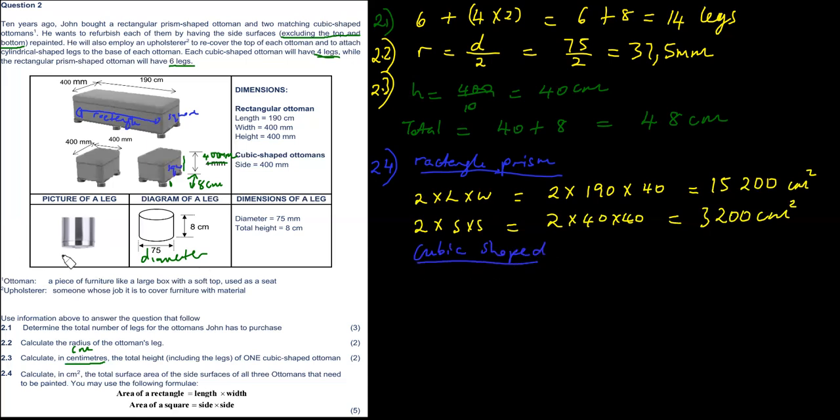Cubic shaped here, we're going to say, okay, how many of them? How many faces do we have? We have got 4 on each. So 1, 2, 3, 4. We've got 4 on each. And how many are there in total? There are 8. So we've got 8 sides. So 8 times side